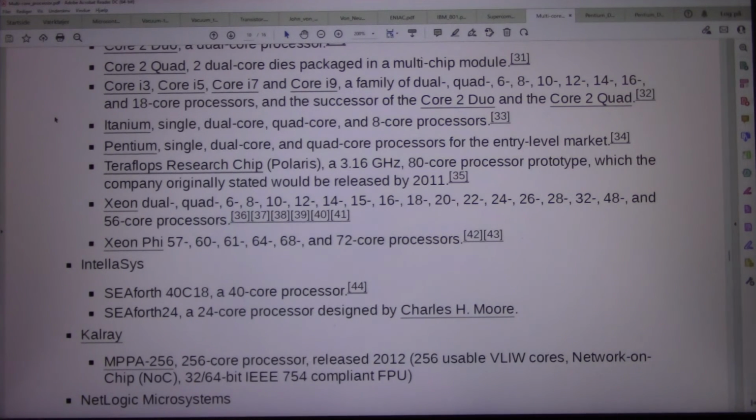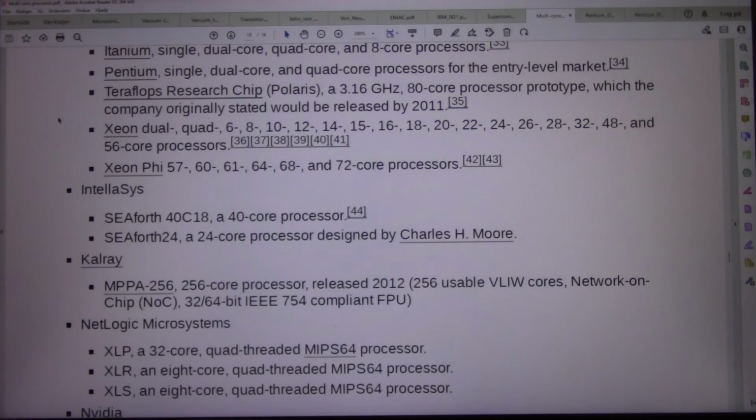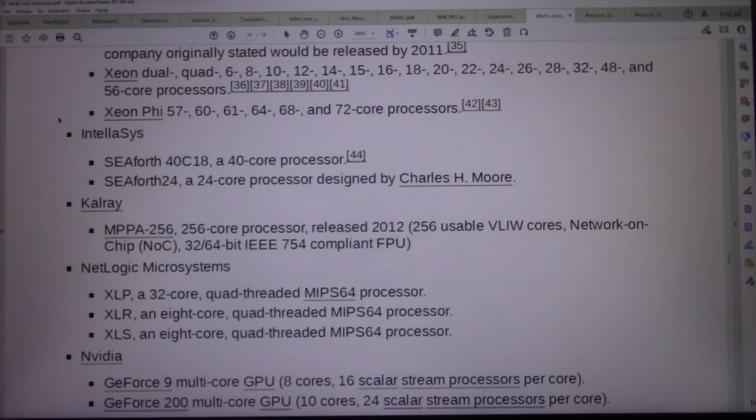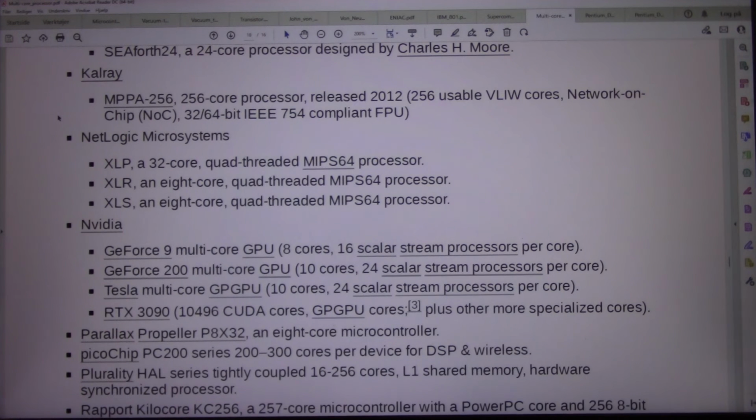and 56 core processors. 36, 37, 38, 39, 40, 41. Xeon Phi, 57, 60, 61, 64, 68, and 72 core processors. 42, 43. IntellaSys SEAforth 40C18, a 40-core processor. 44. SEAforth 24, a 24-core processor designed by Charles H. Moore. Kalray MPPA-256, 256-core processor, released 2012,